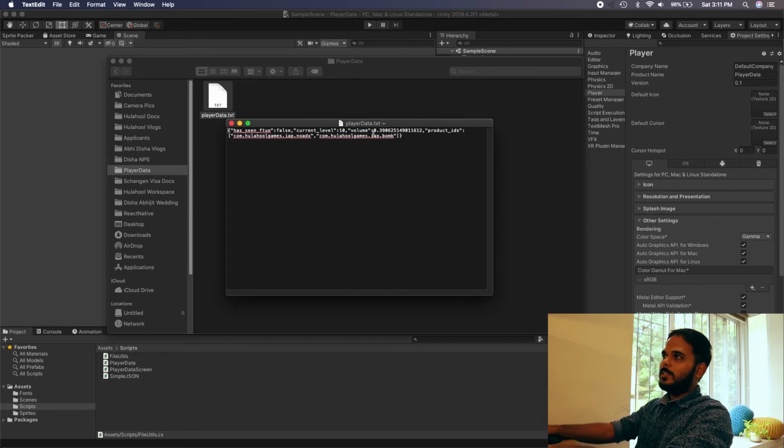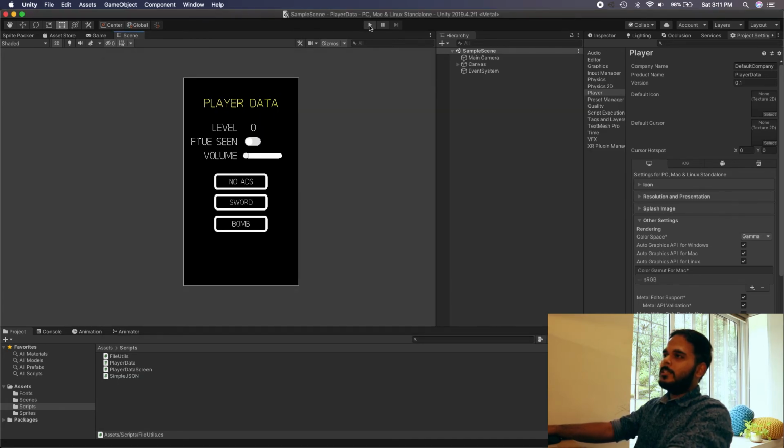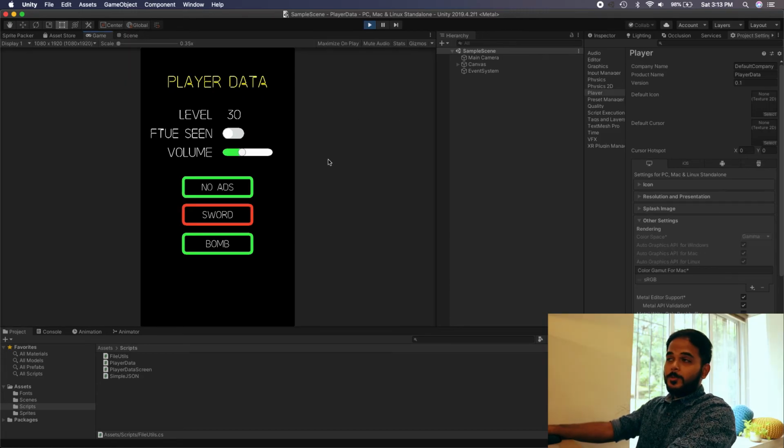And you can also change this text. Like if I change the current level to be 30, let's save it and close. And now when we run it, our current level will be 30 instead of 10. So there you go. Now we are able to load and save our player data to a file on disk. So now you can retrieve all the products they have purchased and anything else you want to save, and you don't have to use player prefs anymore. I've seen people use that. They are not safe. Users can clear them out, and they are just not the right way to do things.